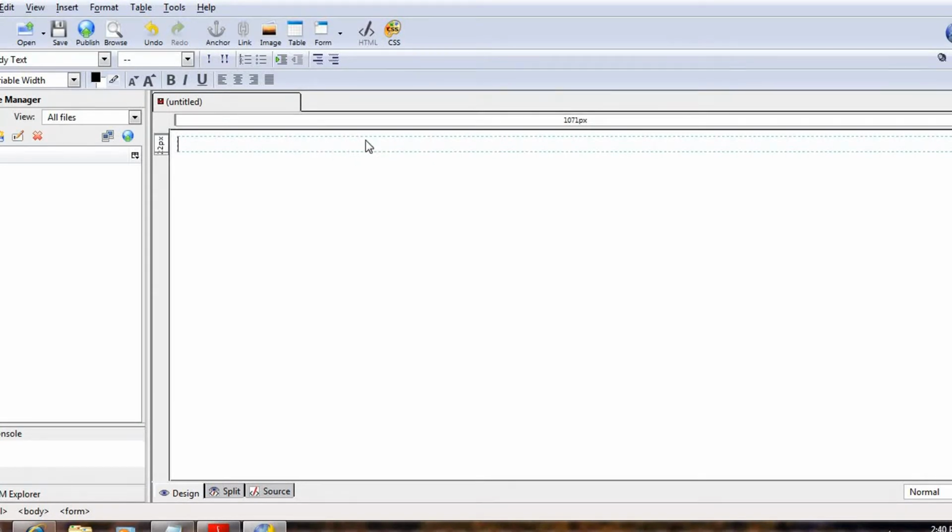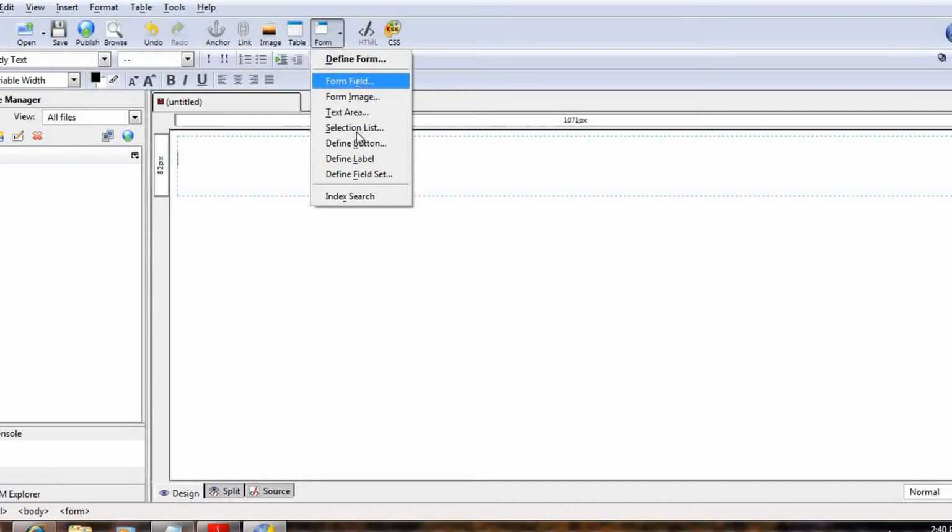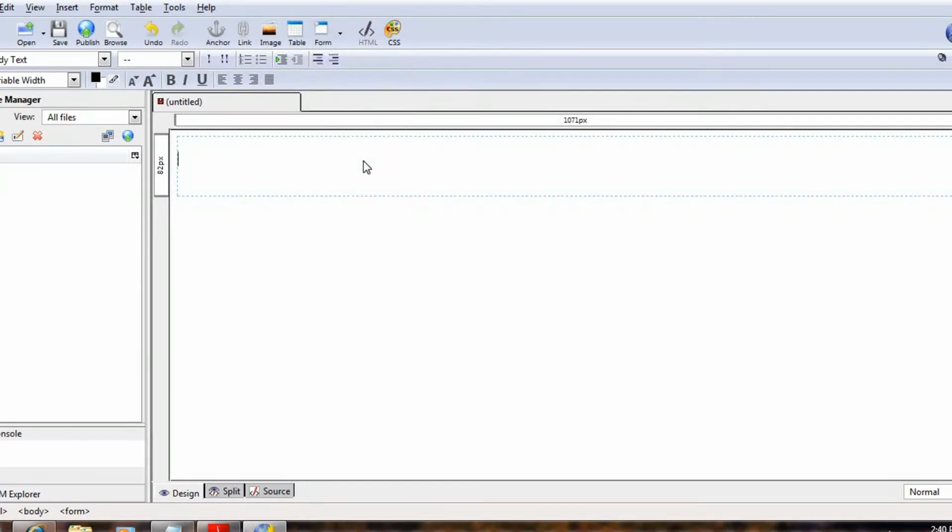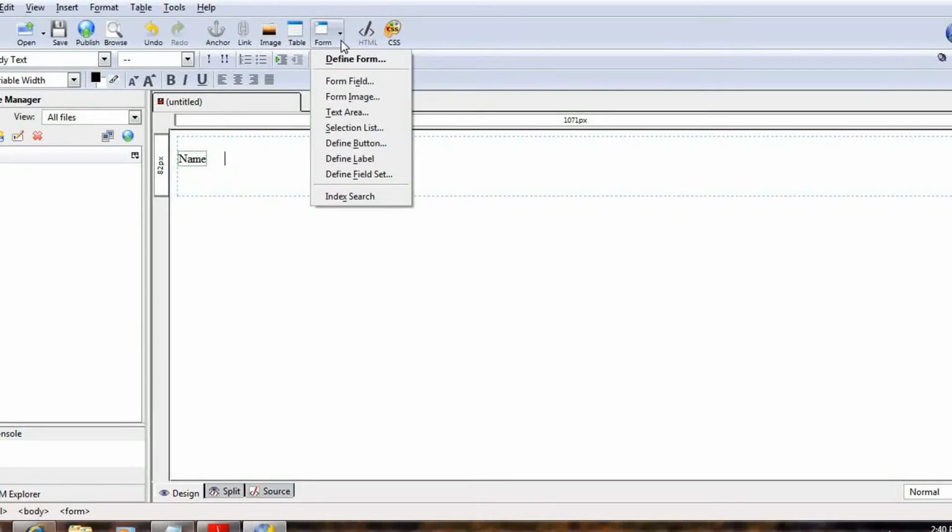You can see in a dotted line the form is available. Here I will define the label, and the label is name. Then I click outside the label, go for a space, form field.